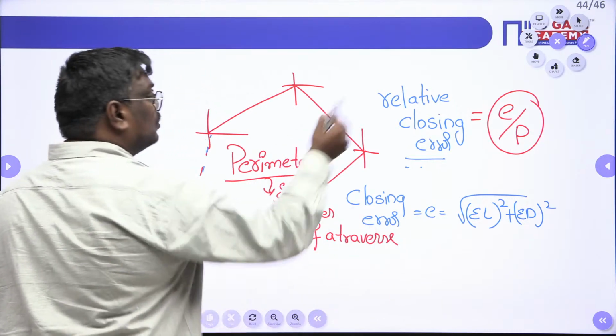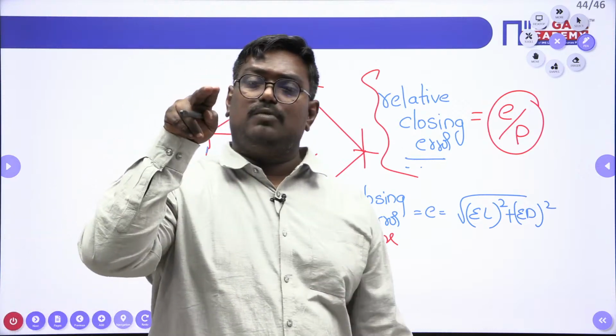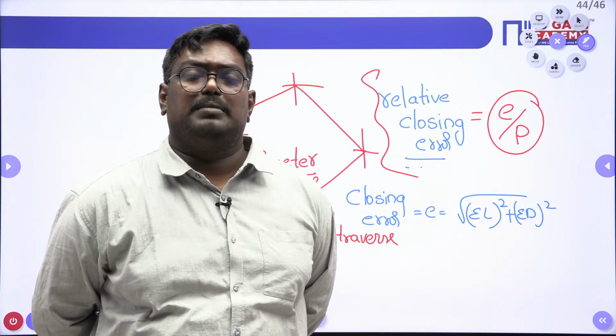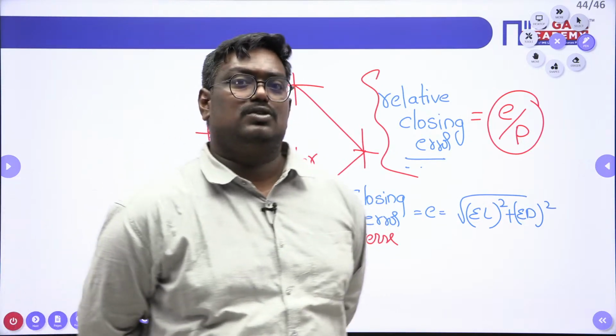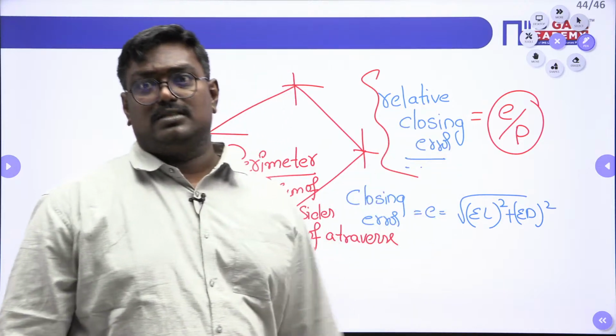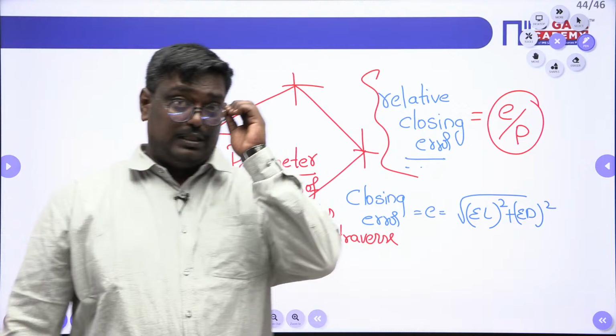So regarding this relative closing error, in traversing there can be omitting of data, meaning one angle can be missing or one side can be missing, both angles can be missing, or two sides can be missing. So actually, we have this closed traverse, meaning the sum of latitudes is equal to 0 and the sum of departures is 0. So with this,